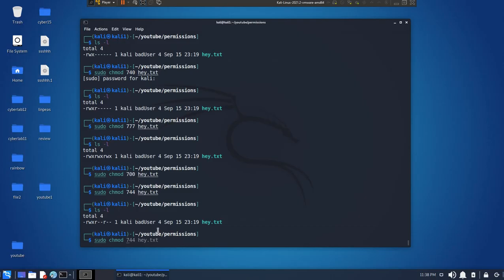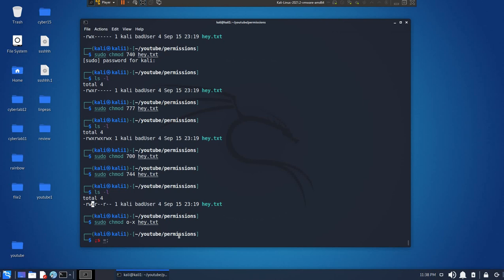So say you don't want the owner to execute this file. You just want to remove the execute permission on this file for the owner. You can do chmod o, which specifies you want to change the permissions for the owner, and then -x, which means you don't want it to have execute permission, and then the file name, right? And now if I do ls -l,